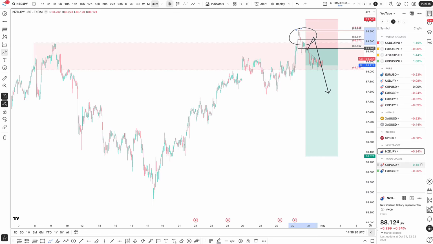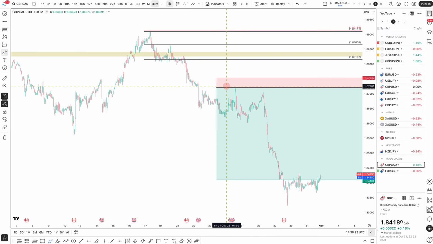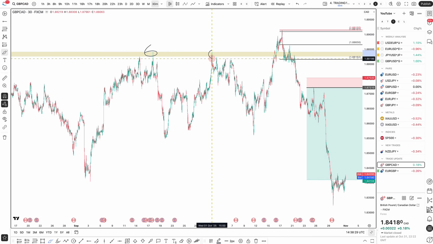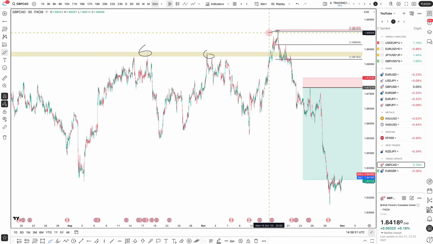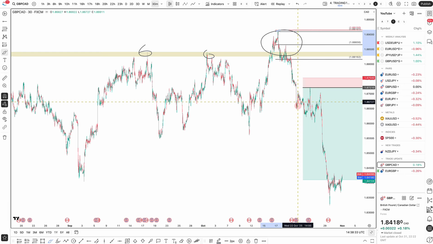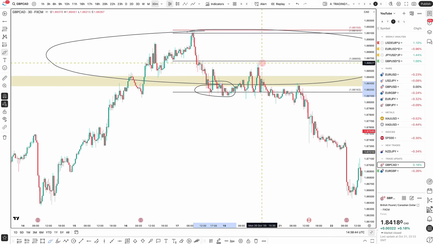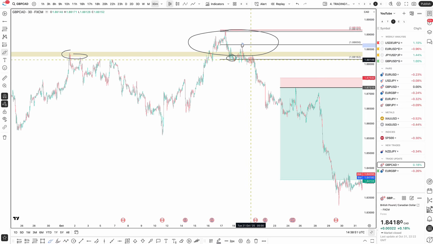Now, trade updates. I'm out of the pound CAD. Pound CAD, pretty much the stop hunt was just like the setup was just like the New Zealand yen, where you had a level here, nice stop hunt above here. Again, if you go back to my previous videos, I go through the trade analysis, and we entered here. Only managed to get in on one position though. I was really close to getting in on 2 positions. You can see prices pulled back, but didn't quite fill that position there, but then we ended up moving to the downside.